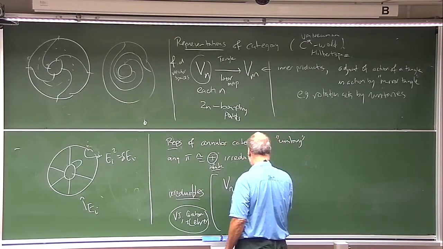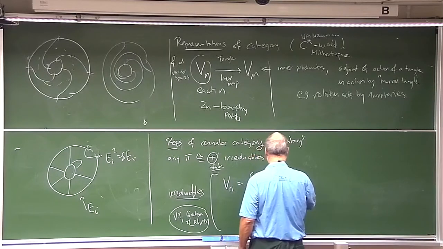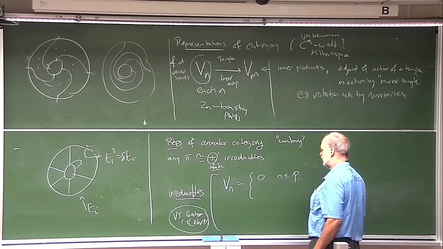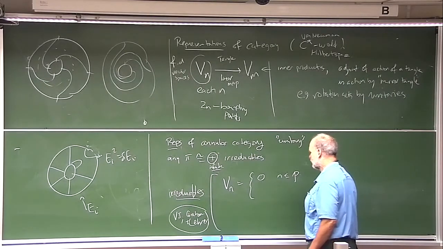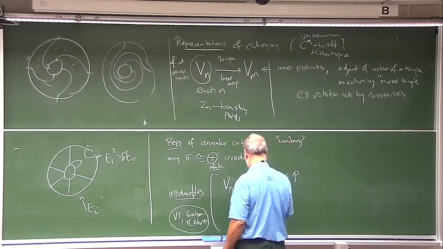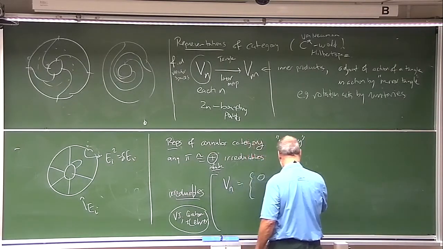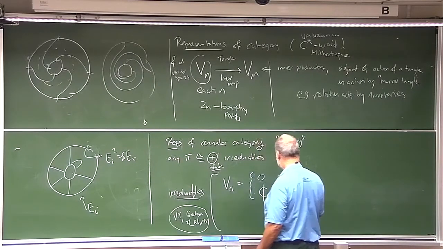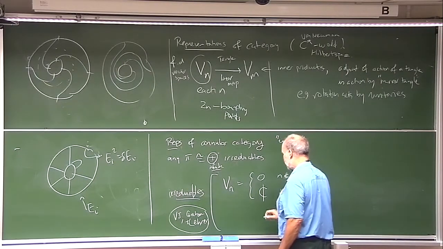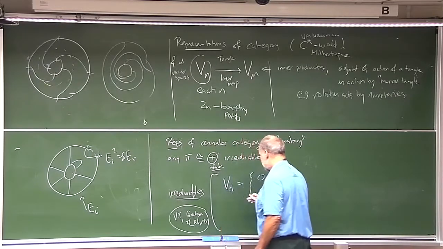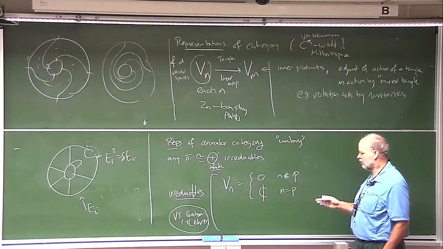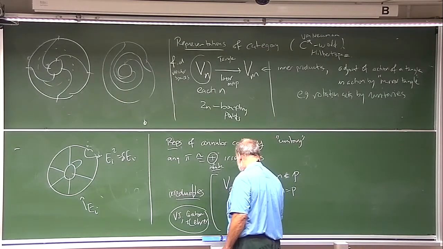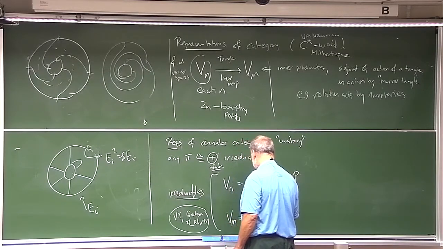You find that V_n has to be 0 for n less than p. That's the main thing. And V_n is just one-dimensional for n equals p. Since it's irreducible, all of the higher V's, V_m, equal the linear span